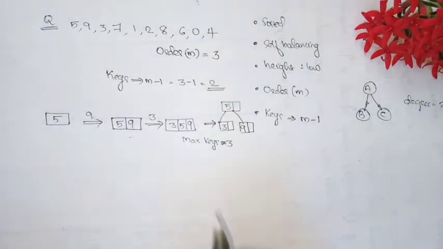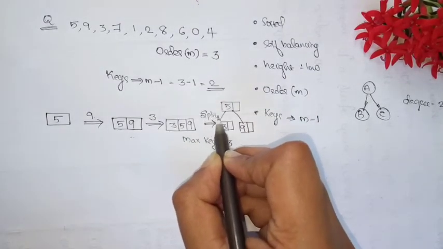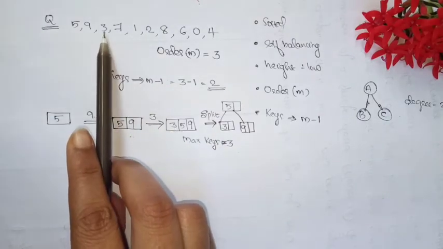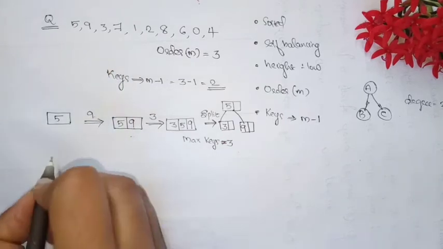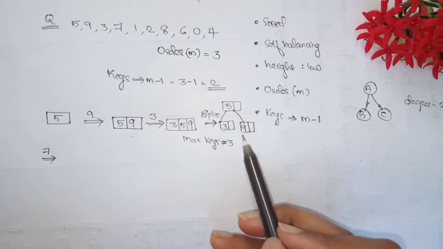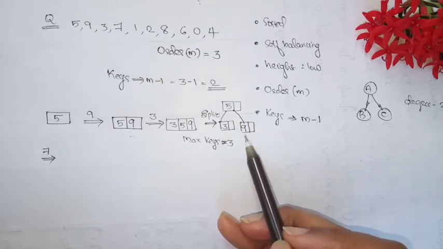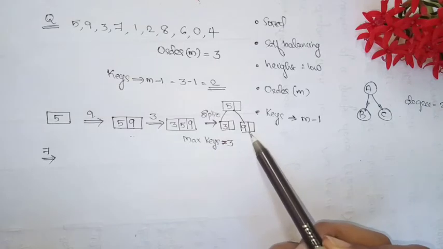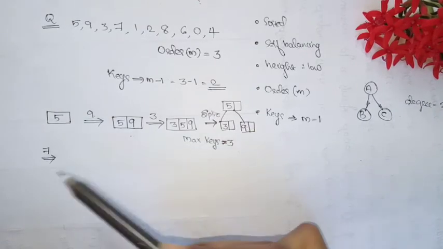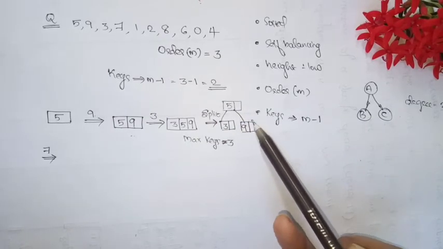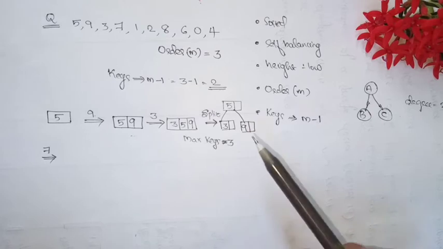So this is how the splitting will work here. Next we can store the key value 7. When I look into these 3 nodes that I have present in our hand, we can see that the most appropriate position wherein which we can store this 7 is along with 9 in this node, because the 7 is greater than 5 and I can store this 7 along with 9.